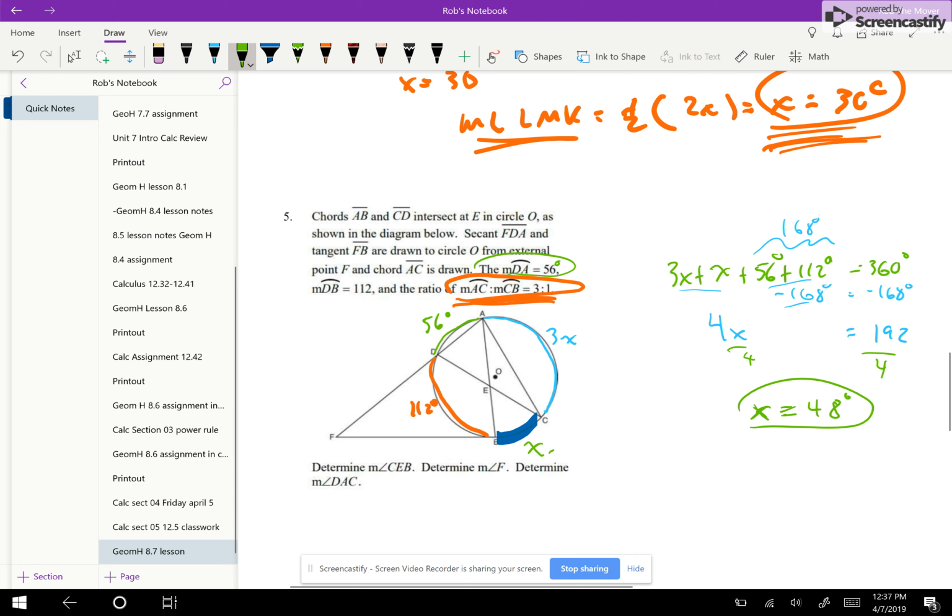48 degrees then is this arc, x, and 3 times x, which is almost 3 times 50. What's 150 divided by 3 times 2, which is 6? That's 144. Again, I don't know if you followed my mental math there, but I don't like to pull out